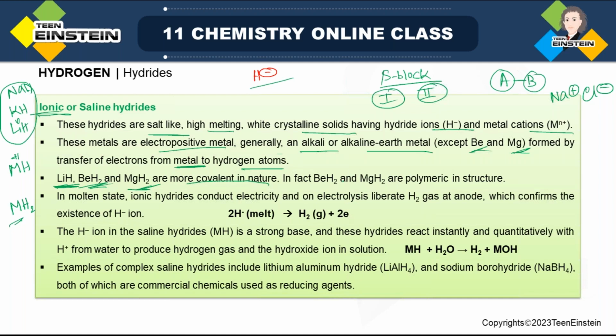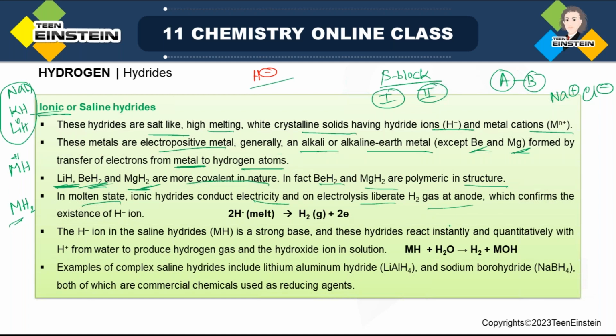So they are more covalent in nature, and they are polymeric in structure. It is not that they are a crystalline solid, but they are polymeric in structure, which is mostly covalent character. So that is why these are exceptions. Next point, when they are in molten state, these ionic hydrides can conduct electricity,